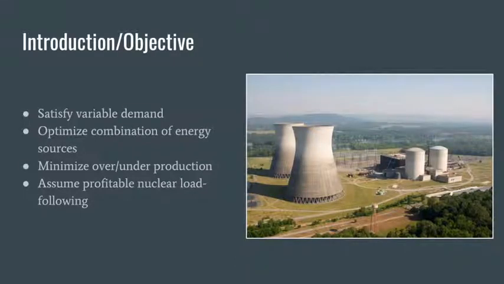So the premise of this project is that we wanted to create a power grid that could satisfy variable demand while optimizing a combination of energy sources. At the same time, we wanted this energy supply system to minimize over and under production. We wanted to accomplish this, and did accomplish it, using nuclear, solar, wind, and hydropower, a completely carbon-free array